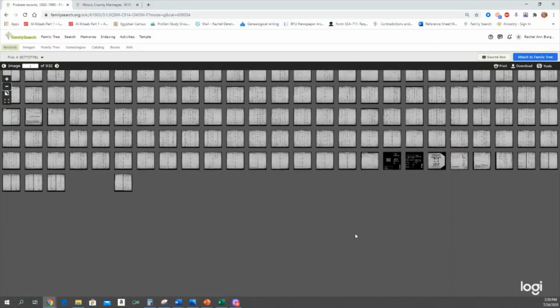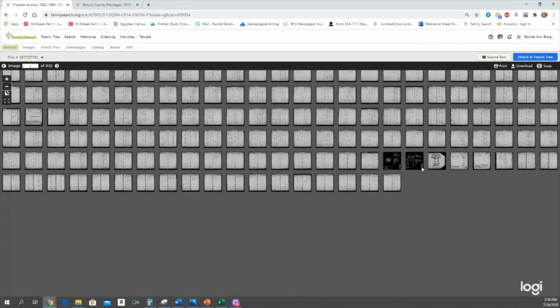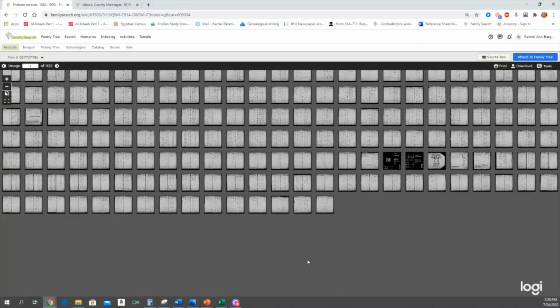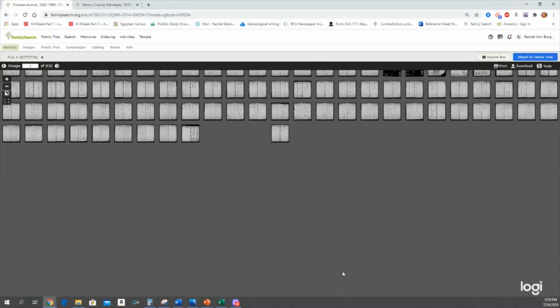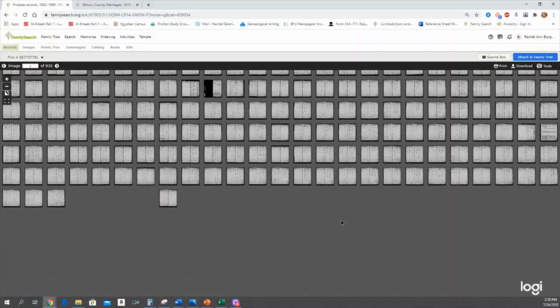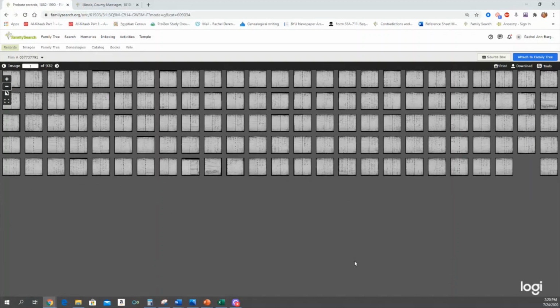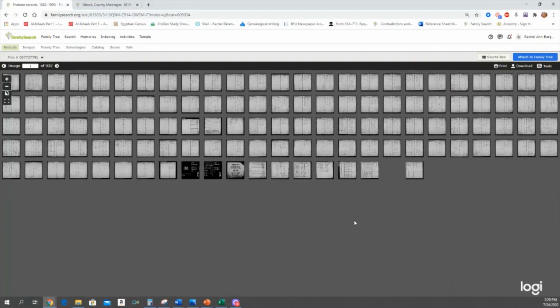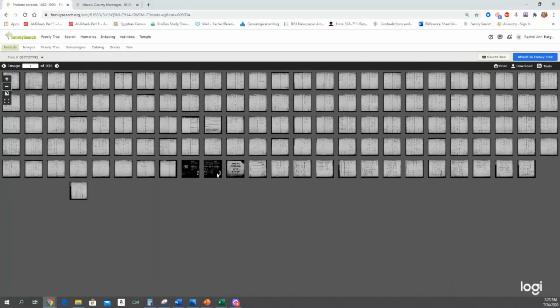It's moving a little bit slower today. So we've got our 2. And we're looking for 3. And there we go. So that is section 3, and that's where we want to start.